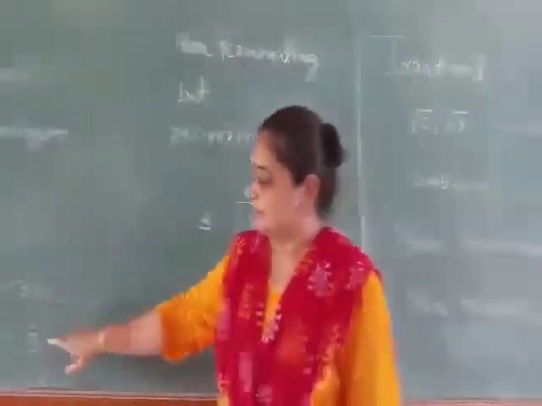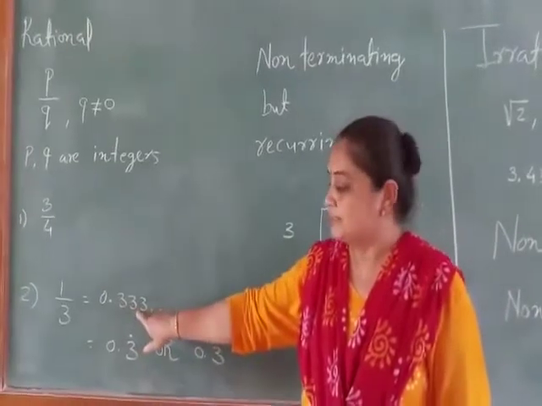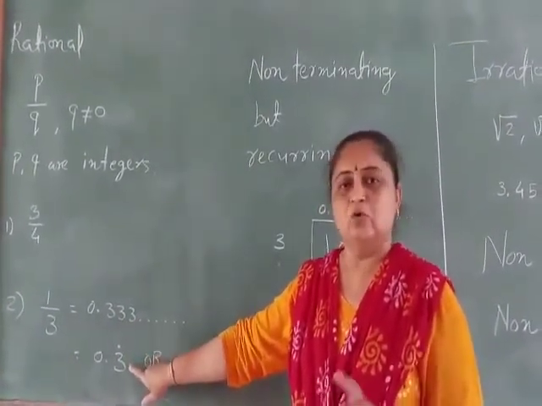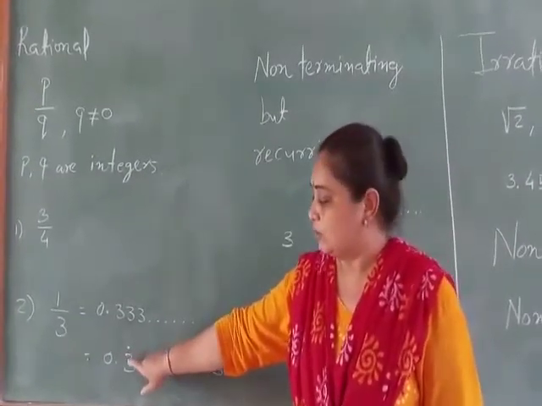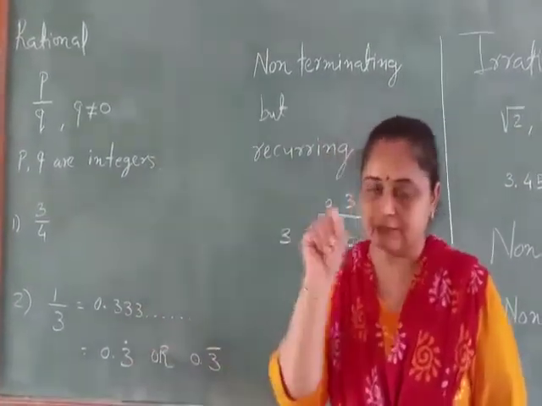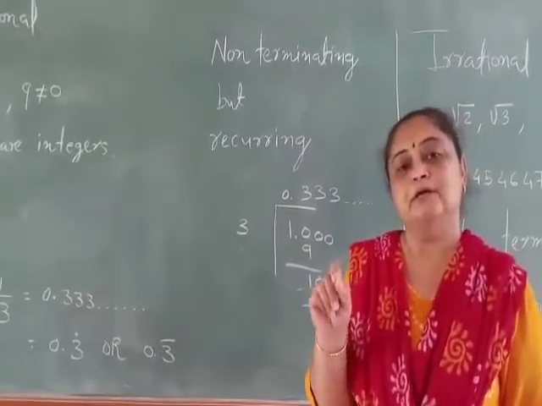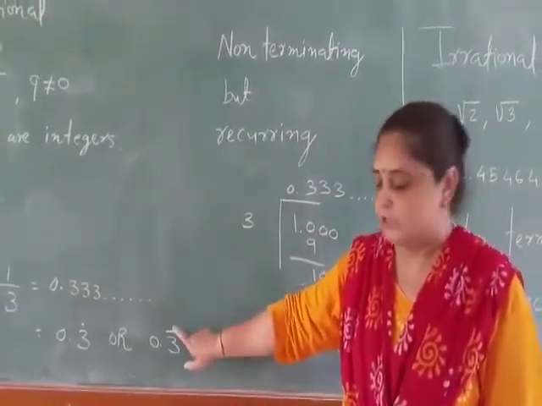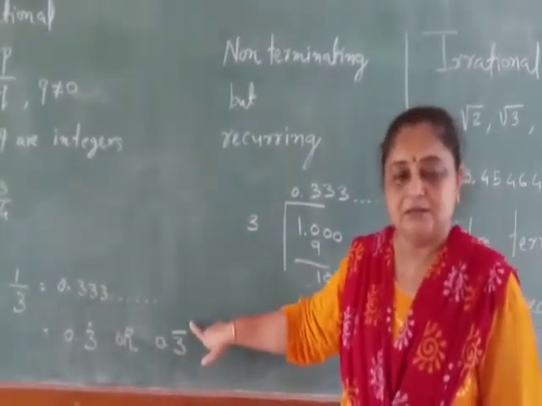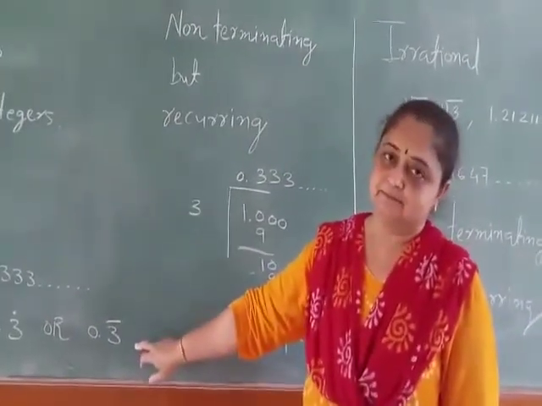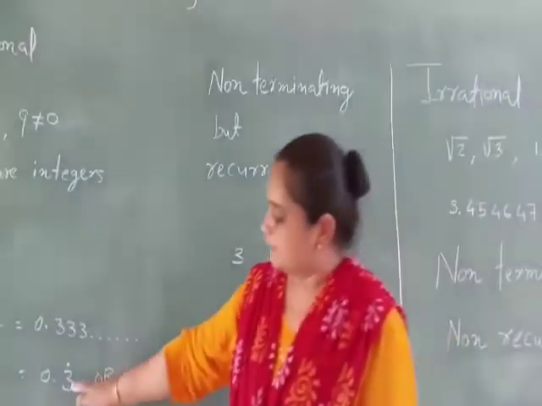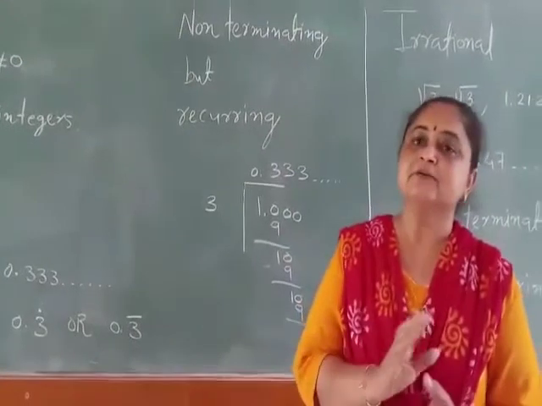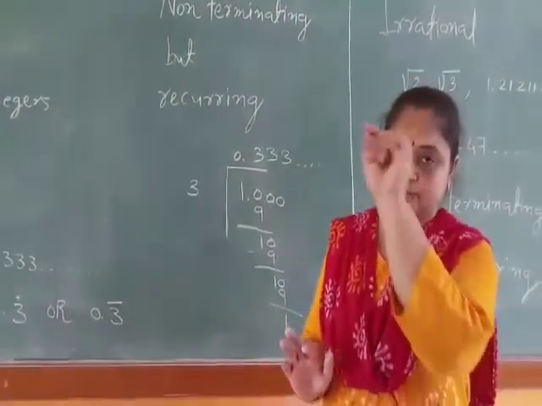You should remember this point also, that a number which is continuously repeating is written only one time, and on the top or above the number we have to put a point or a bar, that line which we call a bar. So 0.3 bar means this 3 is repeating, and you can also mention it with one dot. So in this type of rational number, if one number is repeating, you can put a dot.